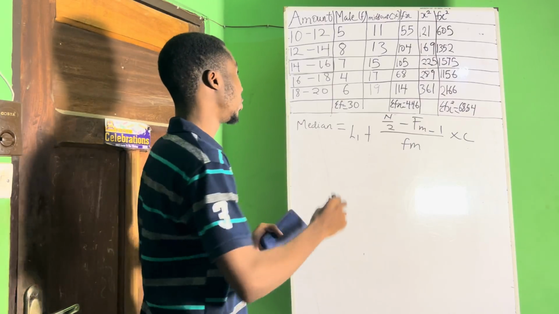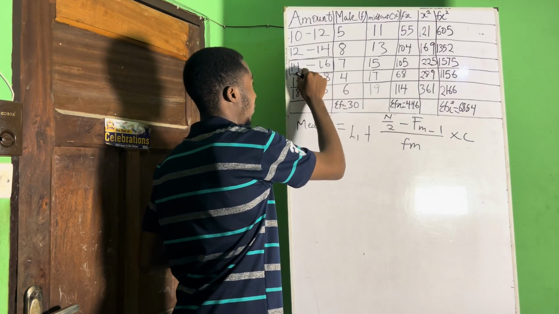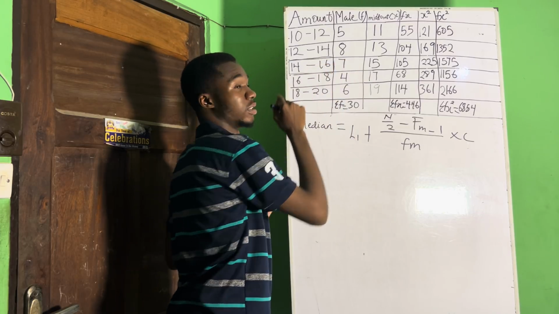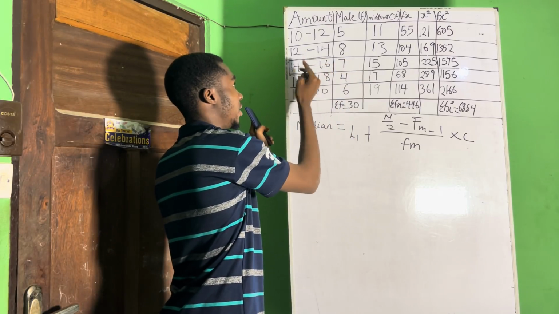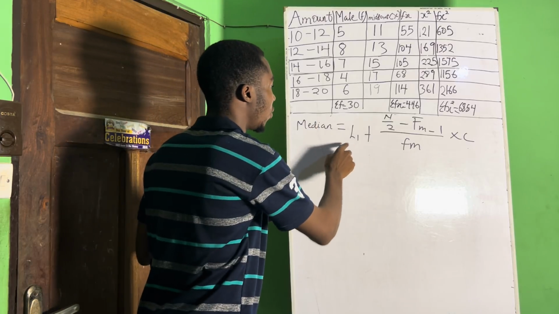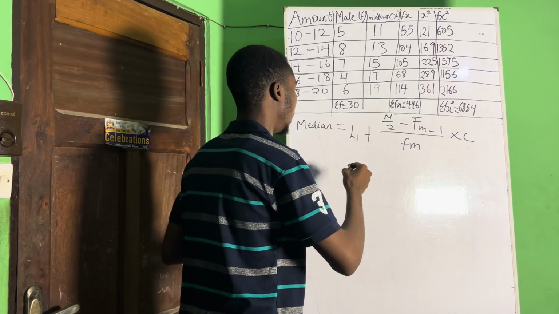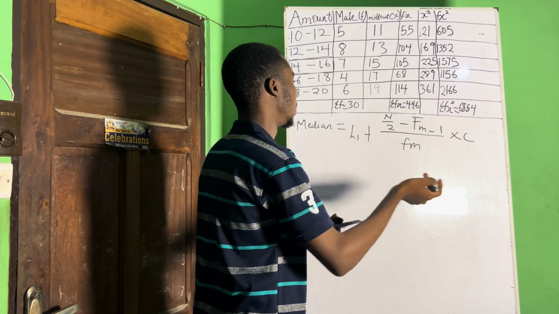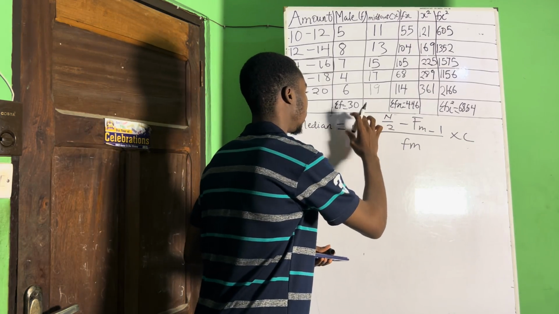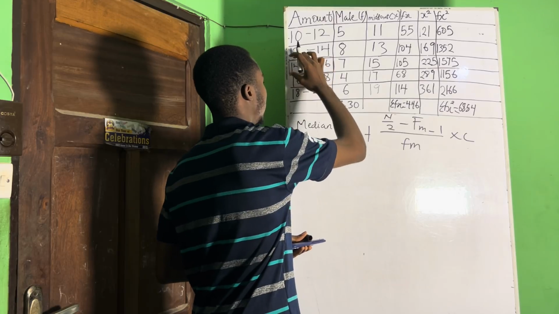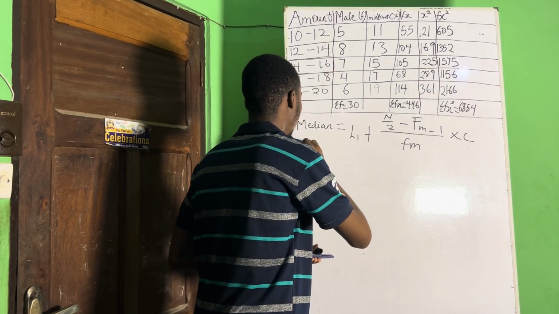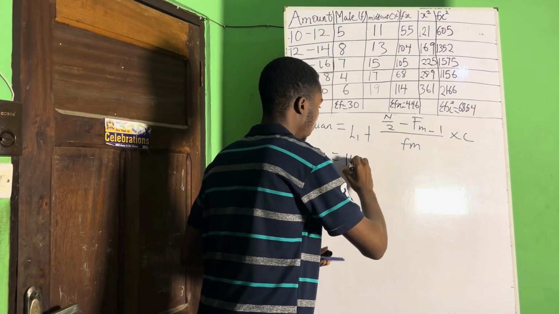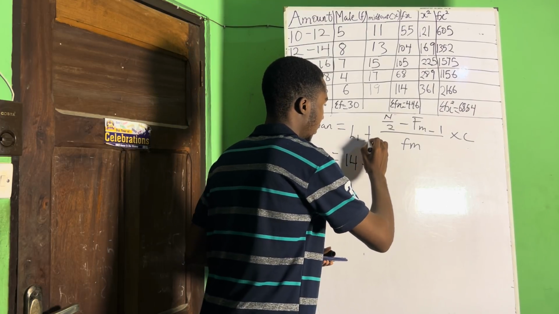So the lower boundary of the median class, which we've already established is 14 to 16, is 14. You get it? The first number in the grouping is 14. So our L1 is the lower boundary of the median class. You can write it down, L1 is equal to this, so I don't forget. So our L1, the lower boundary for the median class, is 14. So you are getting a median that should be equal to 14 plus,